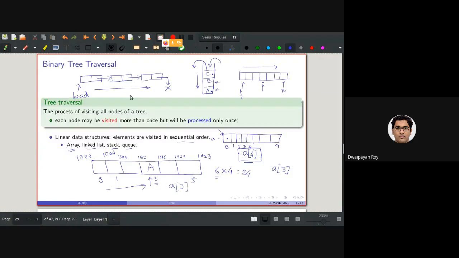Note that this was also pointers as well. But the thing is, we were able to use this kind of thing like A4 or A3. We were skipping these three elements to go directly here. Or for stack or queue, it is straightforward as there is no other option. For stack, we will only be able to access the topmost element, and for queue, we will only be able to access the frontmost element. And for array, of course, we can access any element, but it is linear sequential visiting as well.